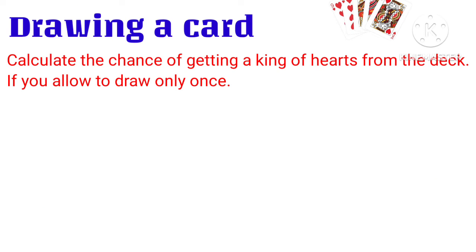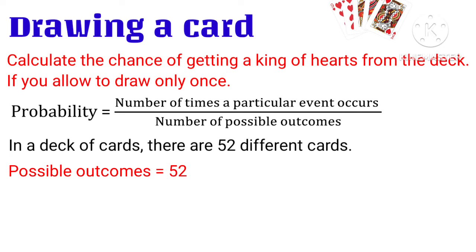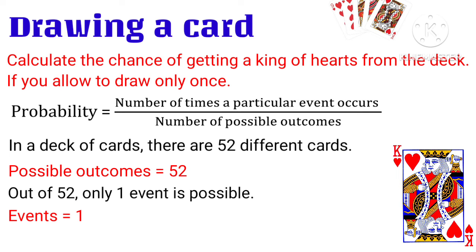Now let's calculate the probability of obtaining the king of hearts from a deck of cards. We know that in a deck there are 52 different cards, and therefore the possible outcomes will be 52. And out of 52 cards, you can draw only one. So here the event is 1, and the probability of getting the king of hearts is 1 by 52, or